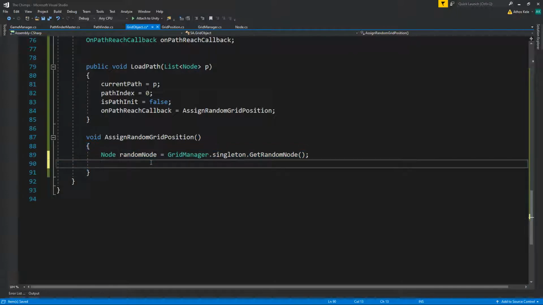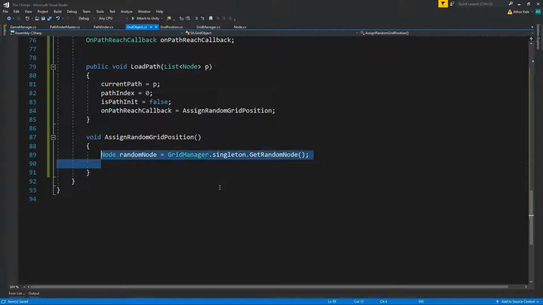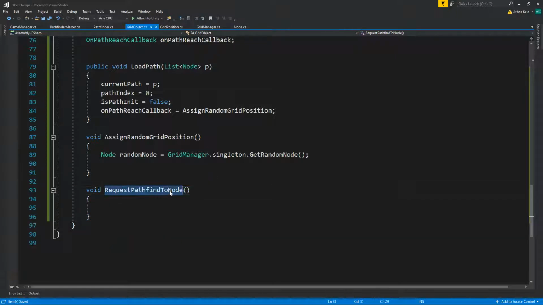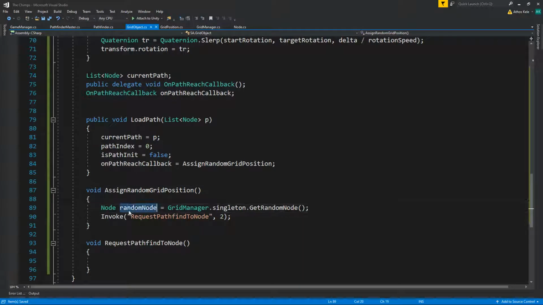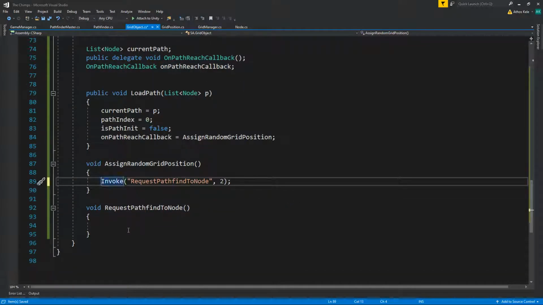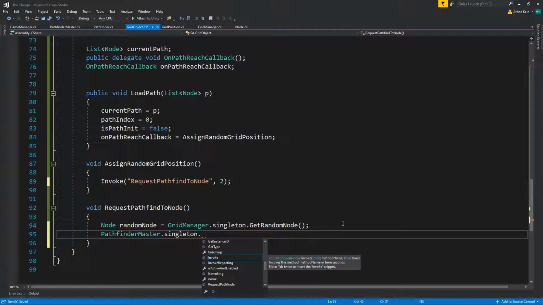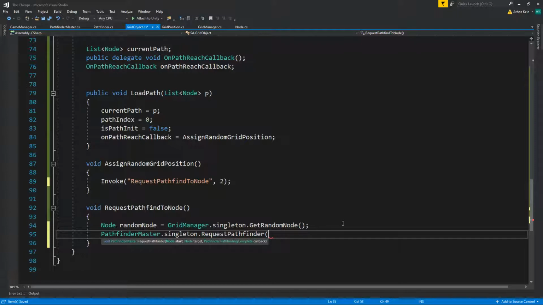Okay, I'm not going to check if it's null or not. We know it's not null. And I kind of want to have a little bit of a delay for this, just so that we see that they actually reach their nodes. So for this case, let's just create a void RequestPathfindToNode, and I'm simply going to do an Invoke in here for after 2 seconds. Yeah, okay, we actually need to store the random node somewhere, so I'm just going to take this and leave it in here. Okay, so we're going to call PathfinderMaster singleton.RequestPathfinder from my current node